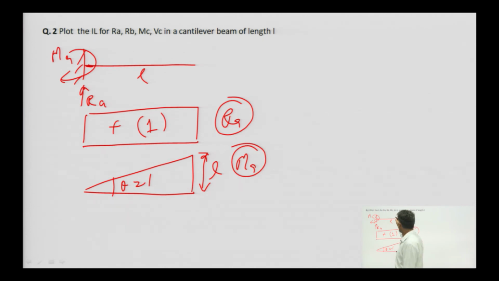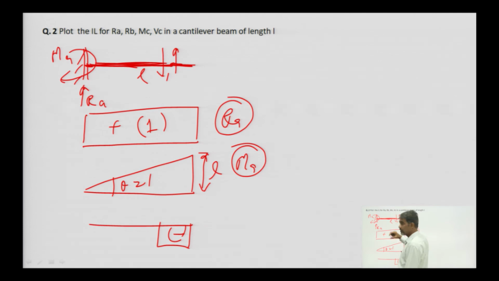Okay. Suppose shear force at that point, since this one segment is fixed, it is the segment of the cantilever. So, what we will get? We will have that, okay, lower this one part will go down. So, this will be the IL for shear at that point. Suppose this point is IL for shear at that point.